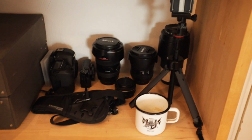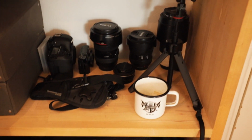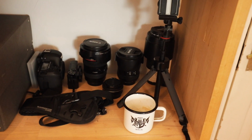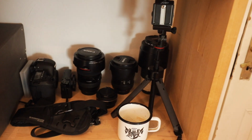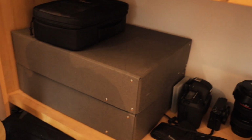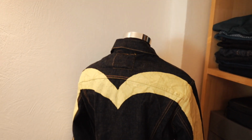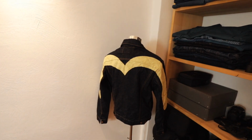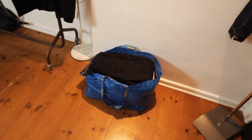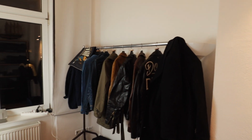Moving down, we've got some lenses that are there. The whole idea here is I don't want to go looking for anything. I want it to be right there when I need it. That's a work in progress. Then I've got some boxes full of stuff that I sometimes need. We have the Visu diacock jacket. Then we've got all the stuff for selling. Then we've got a rail full of things that is going to be...